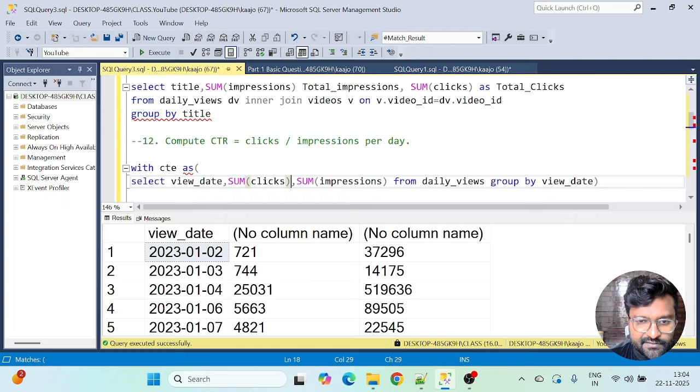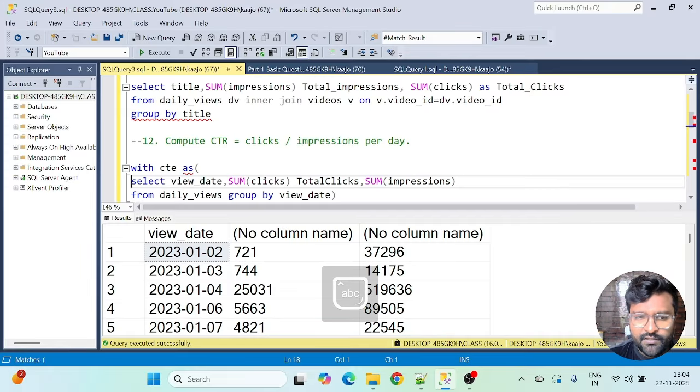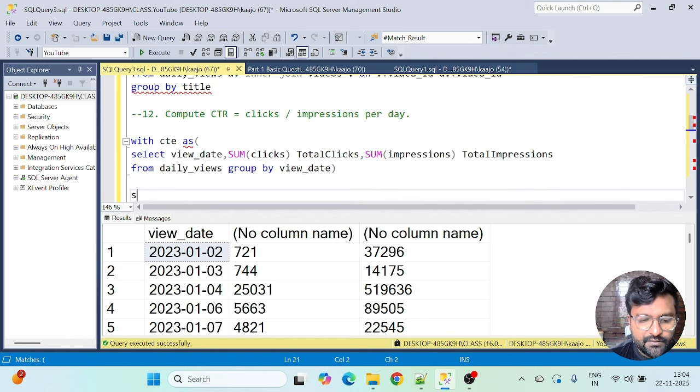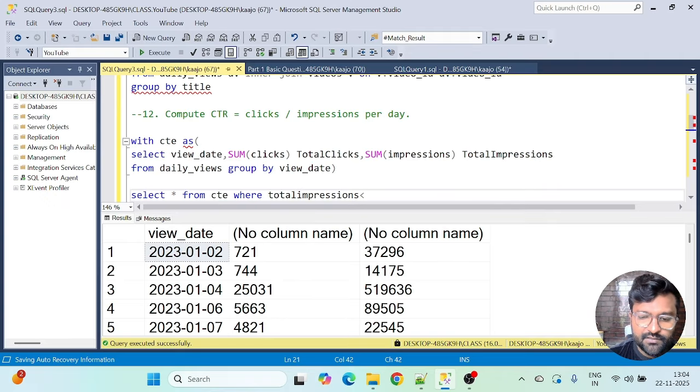Alias it as, let's say, total clicks, and alias this as total impressions. Okay, and let's start from the CTE, where total impressions is equal to 0.